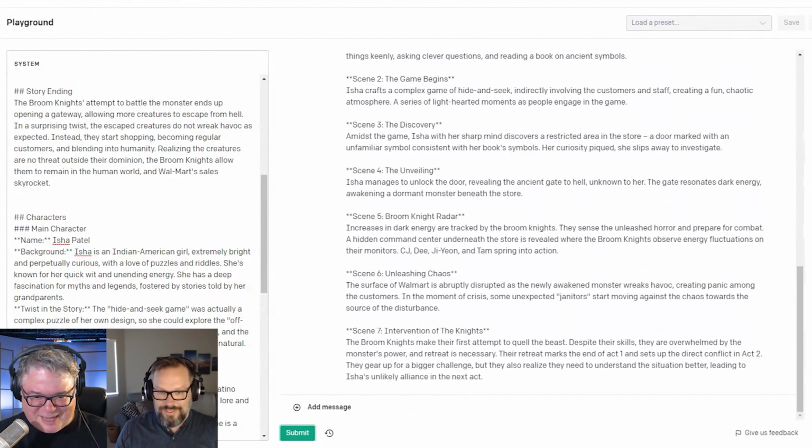The Broom Knights make their first attempt to quell the beast. Despite their skills, they are overwhelmed by the monster's power and retreat as necessary. Their retreat marks the end of Act 1 and sets up the direct conflict in Act 2. They gear up for a bigger challenge, but they also realize they need to understand the situation better, leading to Isha's unlikely alliance in the next act.